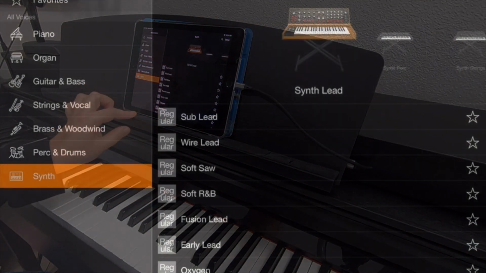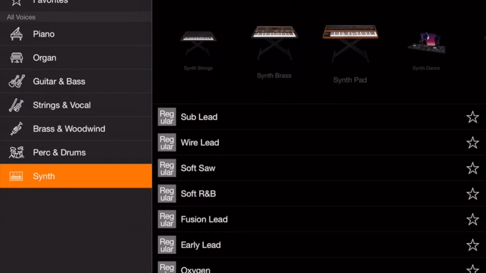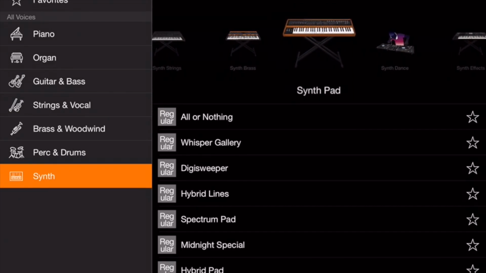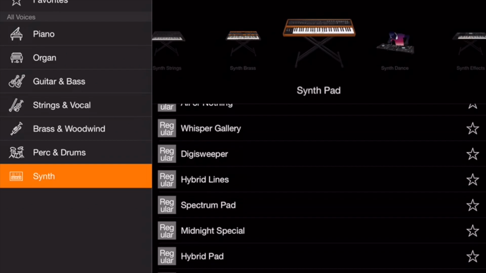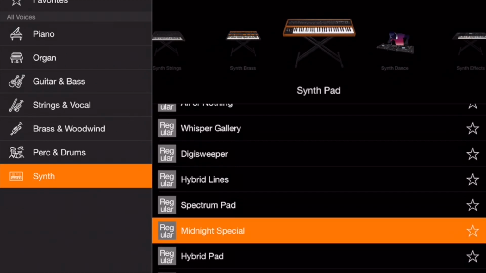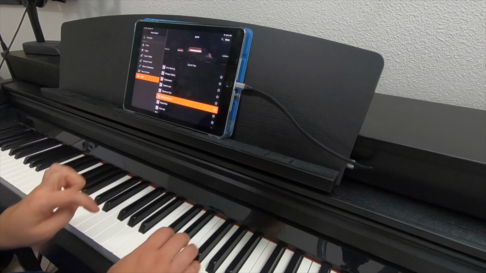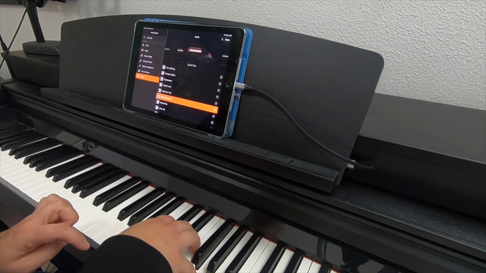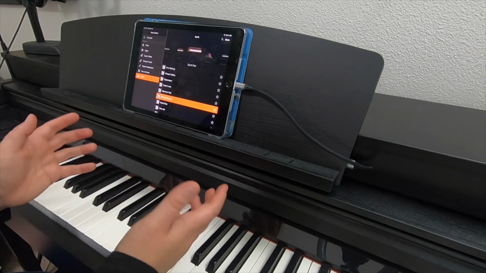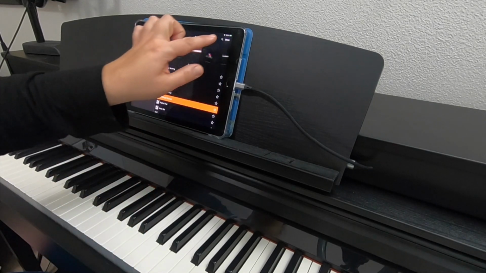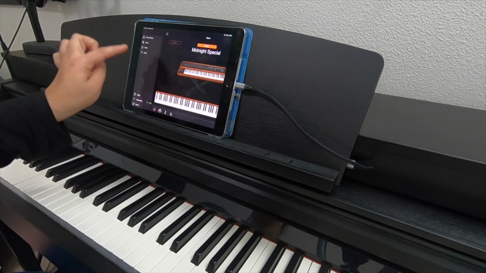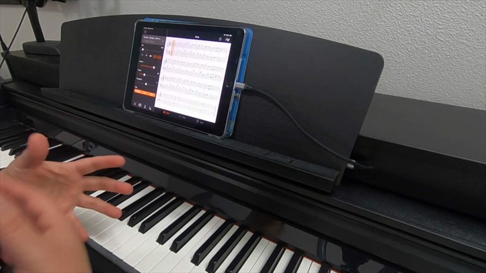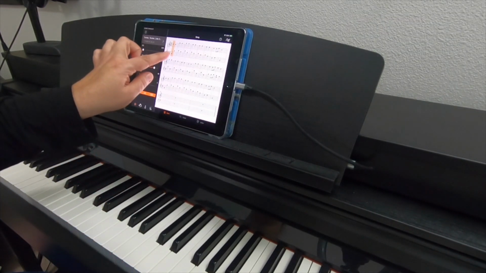I'm going to go to the synthesizers. Lots of synthesizers. So I'm going to move over to the synth pad and I'm going to use something called Midnight Special. It's very pretty, adds a little eeriness to it. And again, I'm not going to play all the notes. That would muddy it up. So I'm going to play,